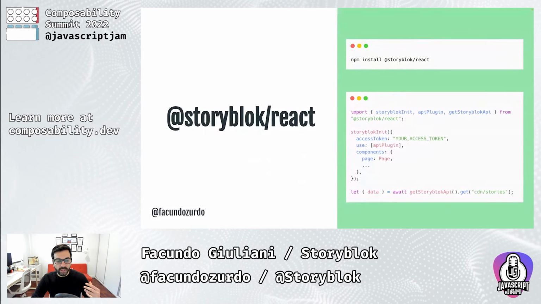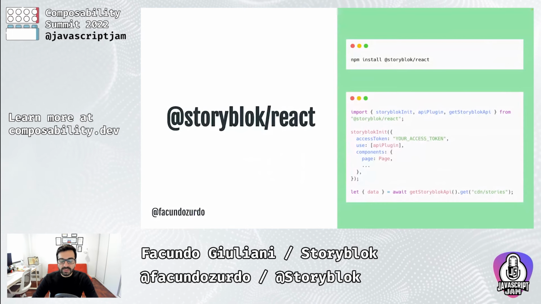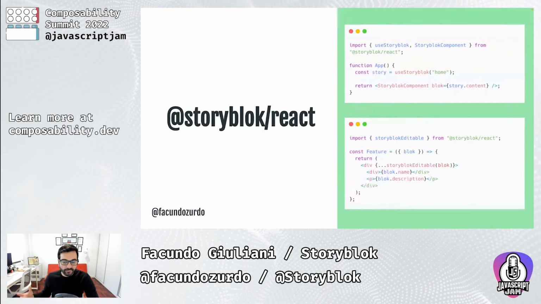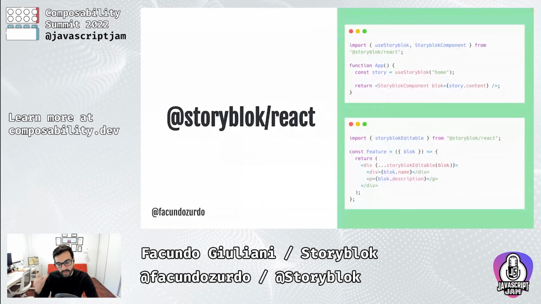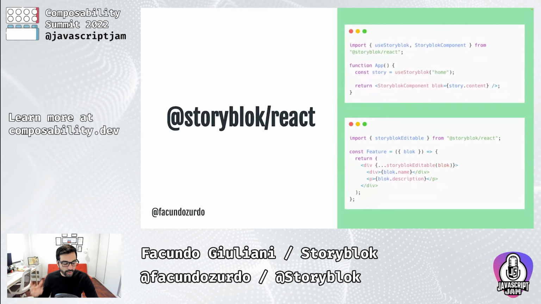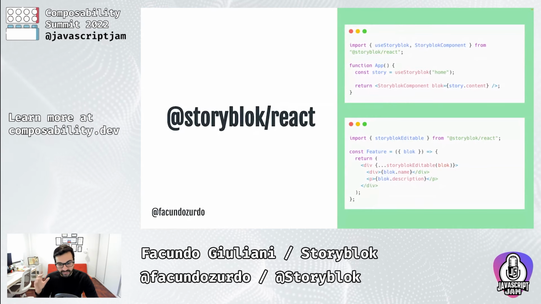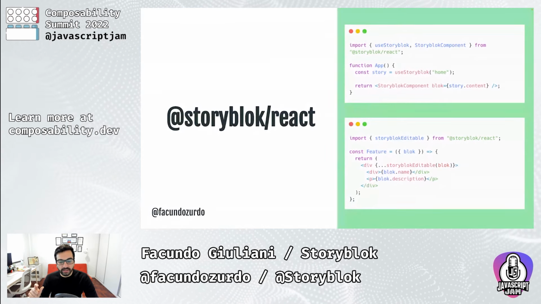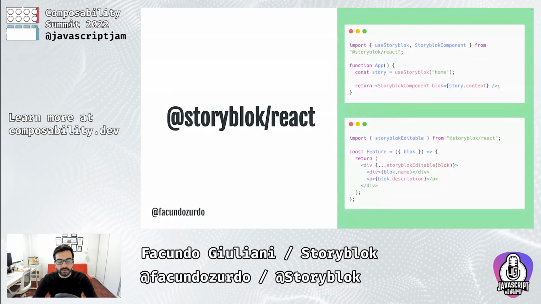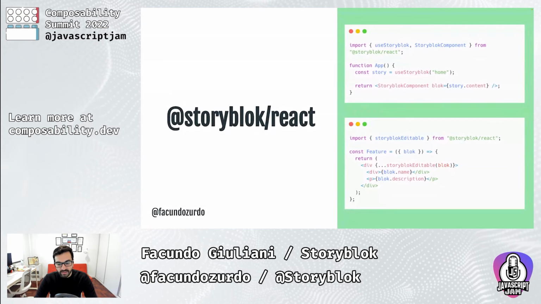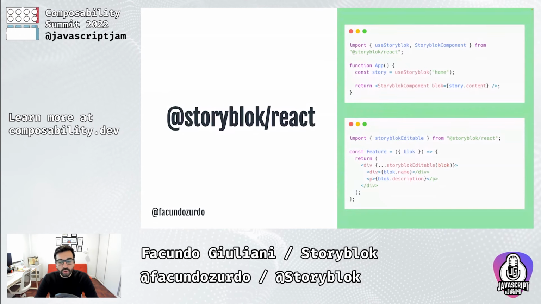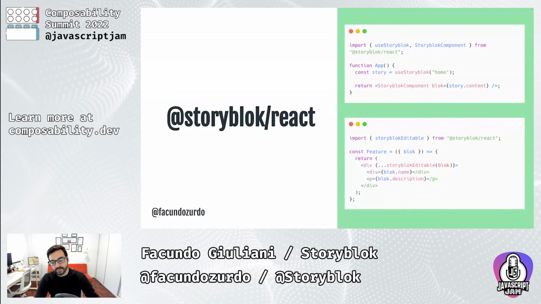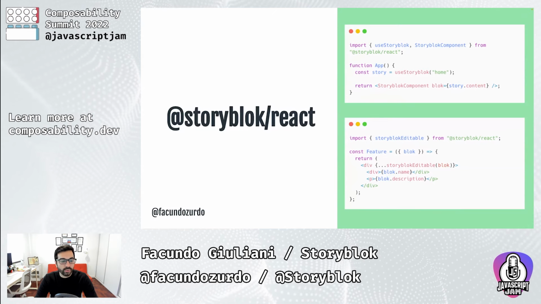And then we will create the markup for these React components, as you can see, and we will use another function called storyblokEditable, which is a flag that we are adding to the markup of our React components to let Storyblok know that that component can be clicked and editable inside the Storyblok real-time visual editor. So if you click on those components inside the visual editor, you will be able to load the information related to those components, and you will be able to edit them and see the changes in real time in the